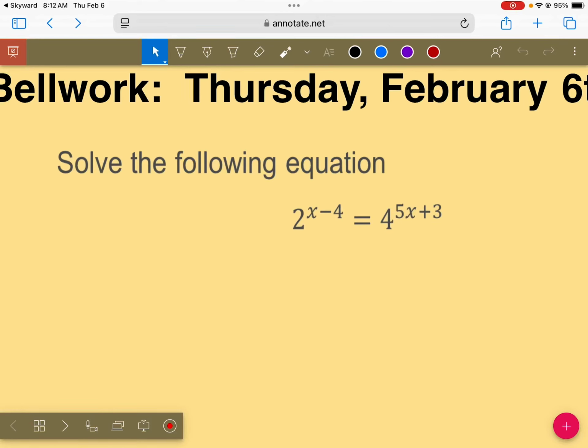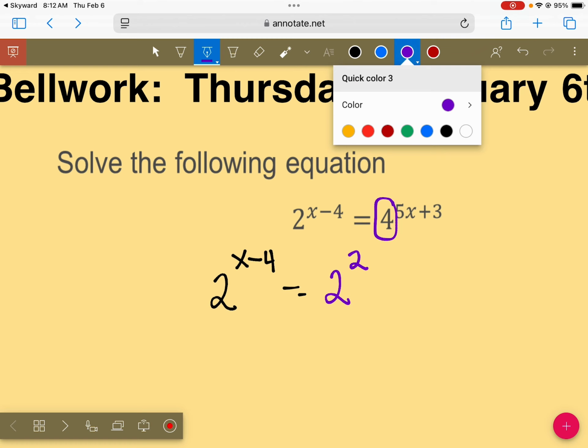About this, I think it was Tuesday, where we have to do a change of base. So right here, this 4, how can I rewrite 4? 4 is 2 to what power? 2 to the second power. So we have 2 to the power of x minus 4 equals 2 squared, and then we have